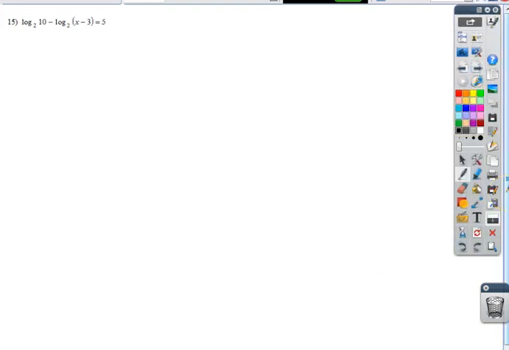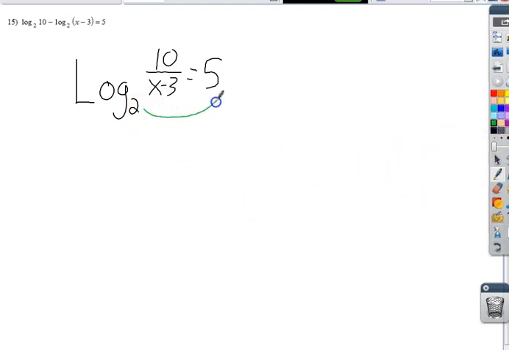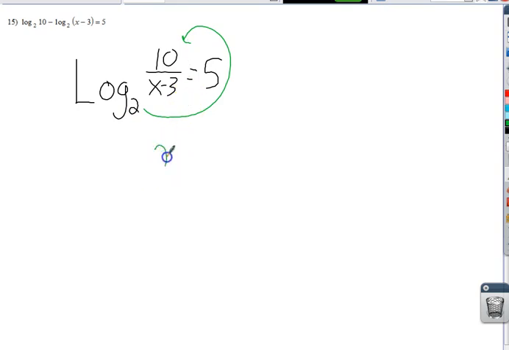All right, this one. Now, this is the first time I've seen subtraction. Now, subtraction looks awfully like a division bar, which it is. So I'm going to do 10 divided by x minus 3, this being the bottom portion, equals 5. I've got one log now. Now I can turn it into an exponential function. Now I know what you're thinking. Well, what happens from here? Well, I get 2 to the 5th